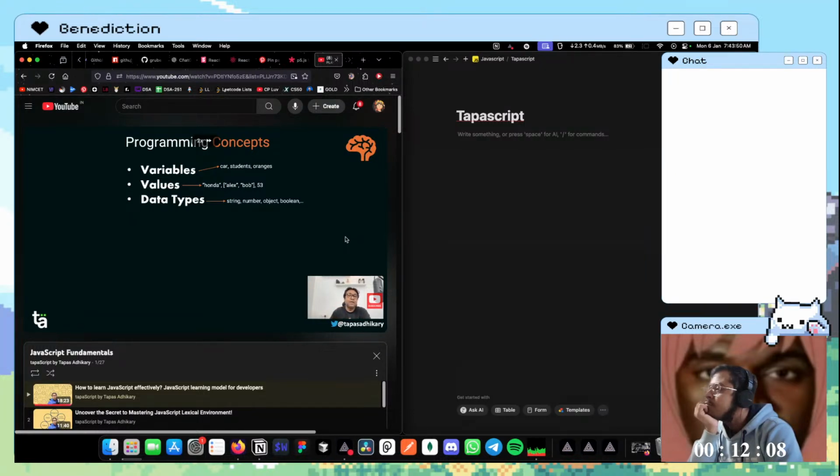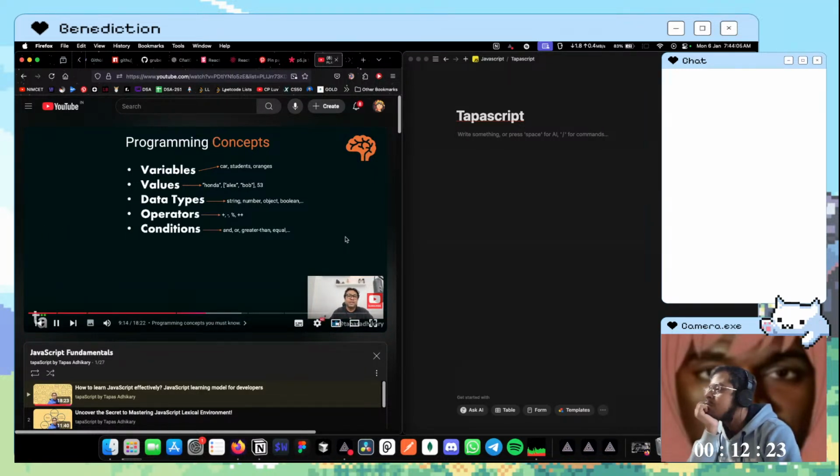Nothing to do strongly with JavaScript. Across all the programming languages, most of the concepts are very valuable. So understand this concept first. Then you talk about operators. You want to perform certain operations in your programming, like addition, subtractions, all these operations. So you need to know about the operators. There are various operators available in different programming languages, but these operators are very basic across all programming languages. Conditions. What kind of conditions? Greater than, less than, and, or, all are different kinds of logical conditions.